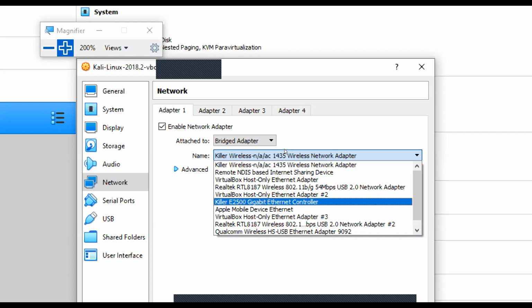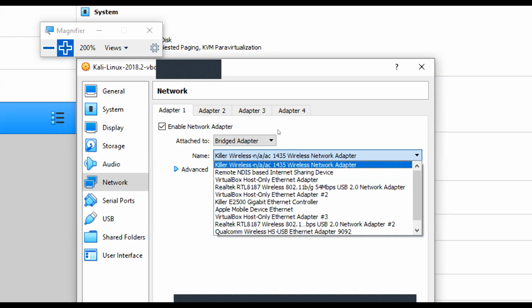But if you have an Indian laptop, you'll only see two things. One is Ethernet controller or family controller. The family controller or Ethernet controller is used whenever you are connected to the internet by using a LAN cable, the cable that you get from your internet service provider. If you are connected through a LAN cable, then you need to use the family controller or Ethernet controller.